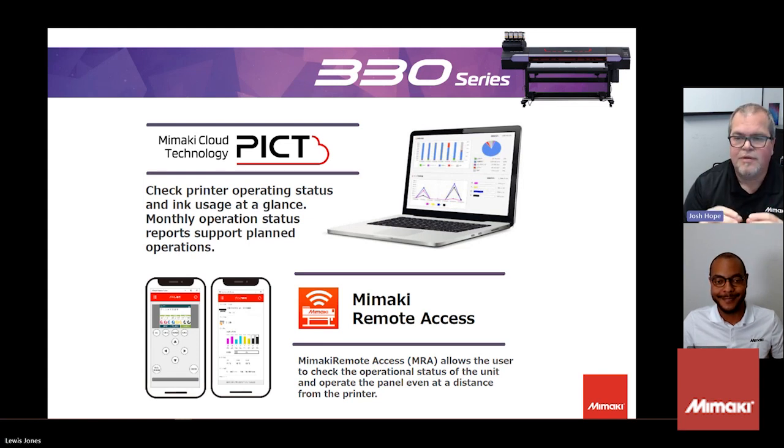So it allows you to have the printers on one network, and then you can be at home, you can be in a hotel room somewhere, on vacation, whatever, and you can log in via web browser, because this is cloud-based software. And it doesn't allow you to control the printer through the control panel, but what it does